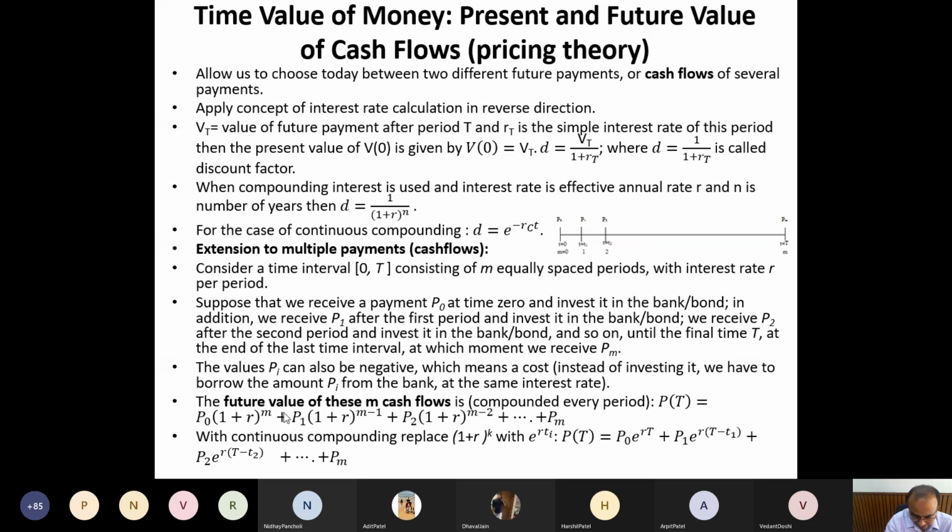Then the calculation will be slightly different. So when you write P0 into (1 plus R), first of all this R is to be considered for this period. So you have to write R2, which is the interest rate for this period. Now instead of compounding for m number of periods, we get m by 2. Then I receive the P1 amount at period 1. So again I need to know after how many periods it will be compounded. Suppose again it will be compounded after 2 periods. So again I have to use that interest rate, and the number of periods will change depending on how many periods are left up to time t equal to T. I hope I answered.